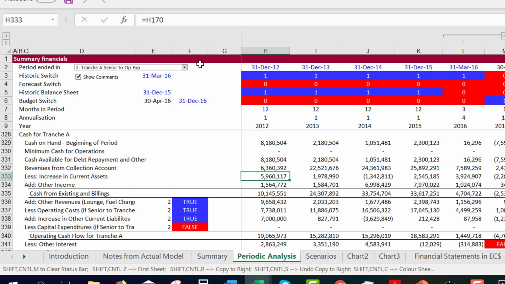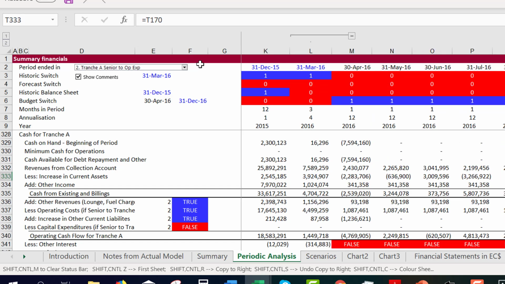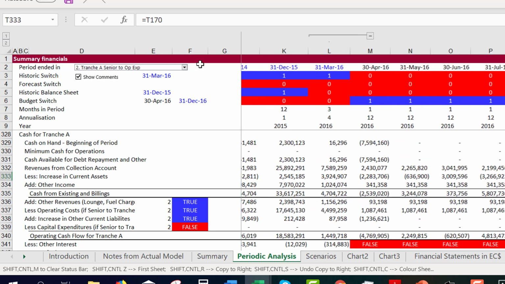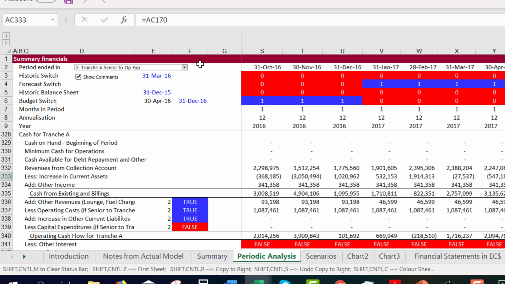And then we can say, well, we should adjust this for our change in accounts receivable, because this should be actual cash revenues, not booked revenues, not billed revenues. So this kind of goes up and down with the seasonality.